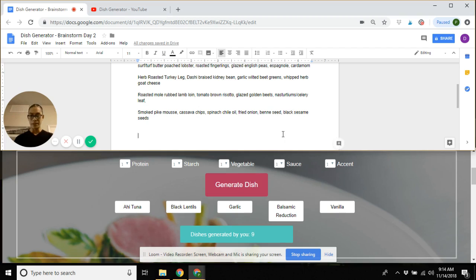Ahi tuna, black lentils, garlic, balsamic reduction, and vanilla. Ooh, that's fun. Let's do a tuna tataki. Garlic confit, black lentils, vanilla balsamic. I don't see why not. That might not be the best way to go about it. Maybe